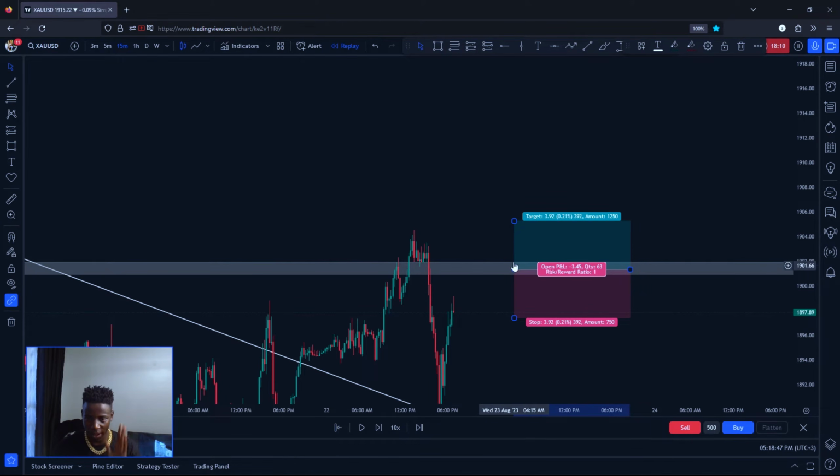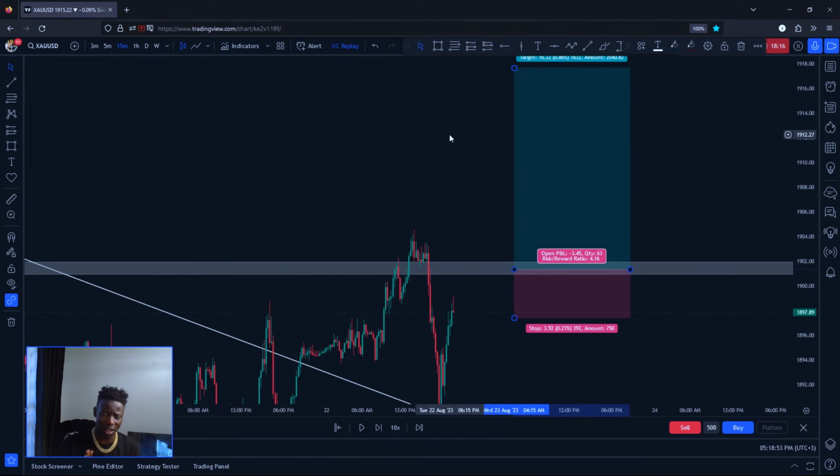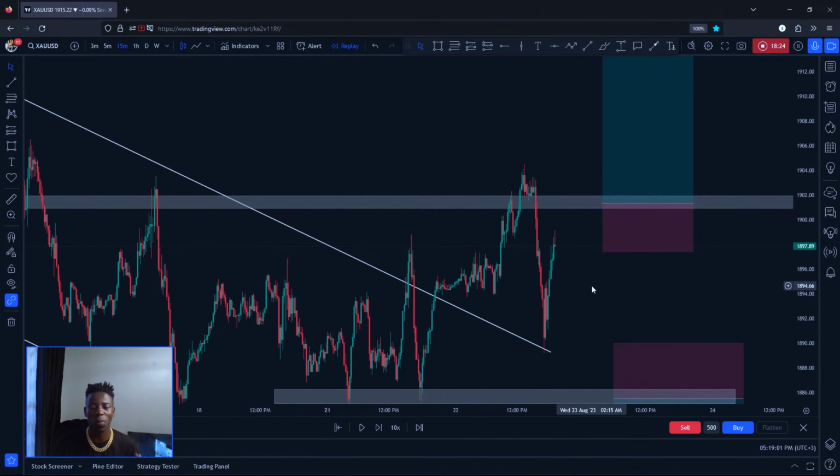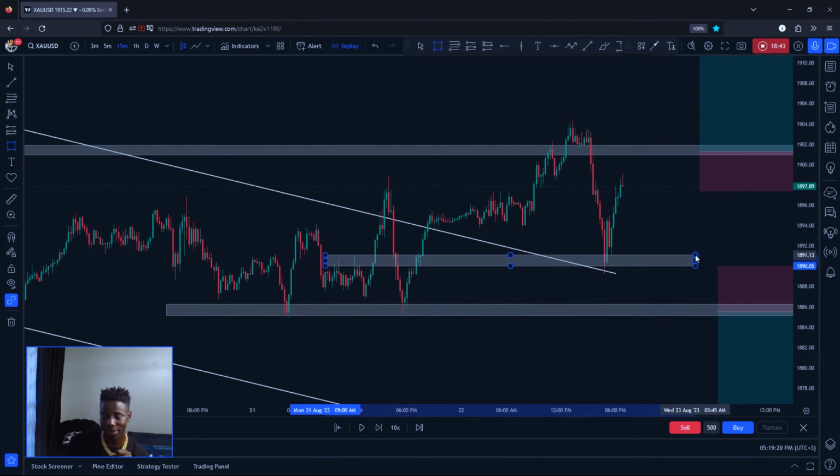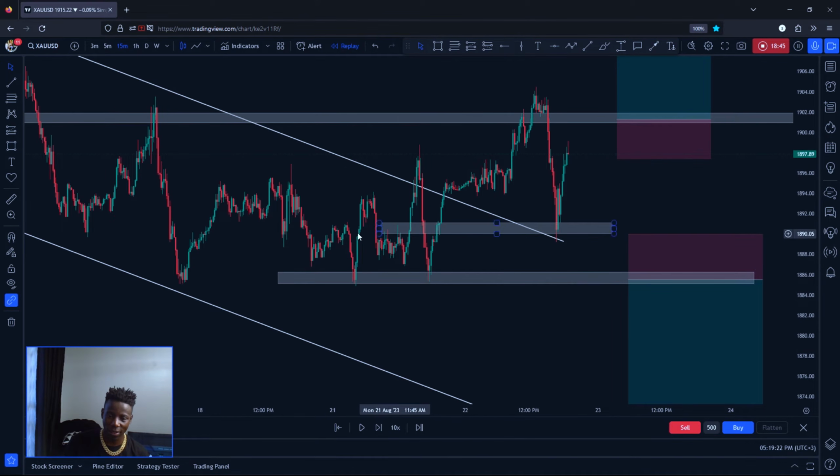Guys, execute from the key levels. The rest, you just need to wait for the market to come to your level. That's why you find me pushing almost 4 trades a week or 3 trades a week. I want to tell you this: the market will give you the confirmation. I'm telling you this. This is the support.